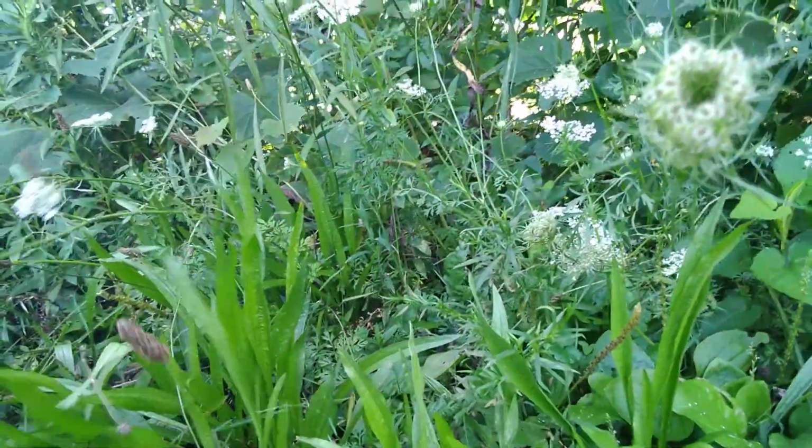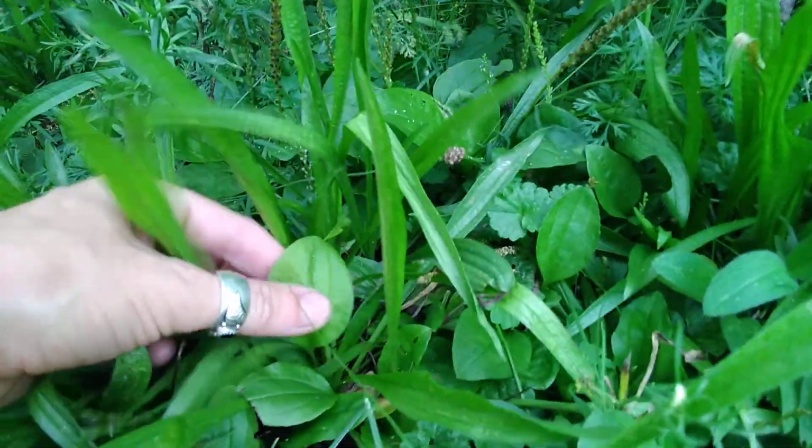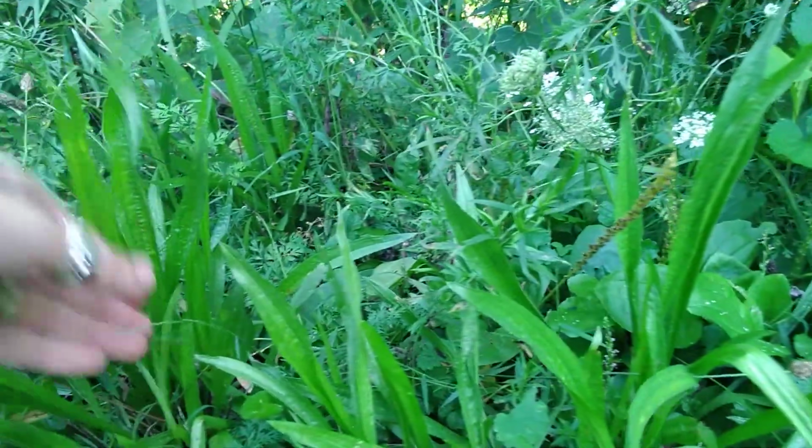It's such a beautiful day, almost sunset. Let's see, we have another kind of plantain, and let's just turn the camera around. We have a broadleaf plantain here and a narrow-leafed plantain. So here's the narrow leaf, and then here's the broadleaf. So same plant,